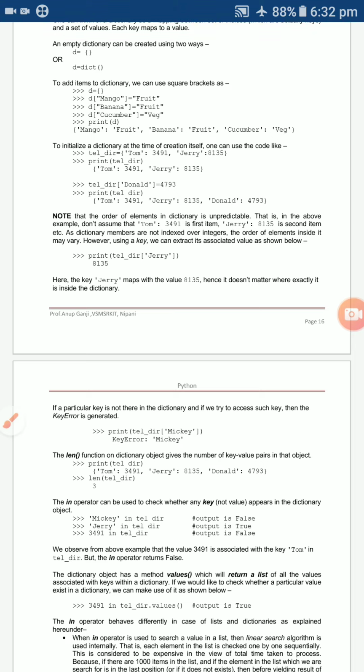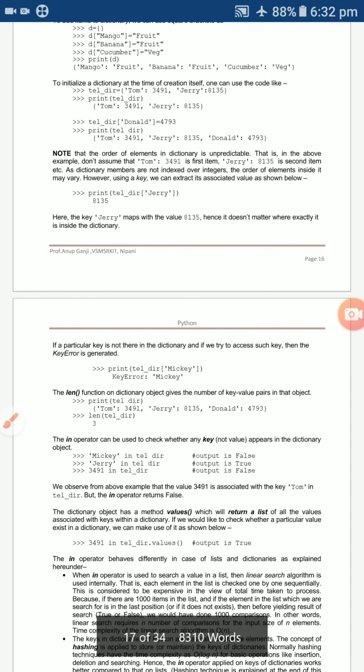This dictionary is nothing but a key value set. So key Tom 3491, Jerry 8135. After that you can print the tel dictionary. So after printing it will display Tom, this is key and value, comma, key and value.